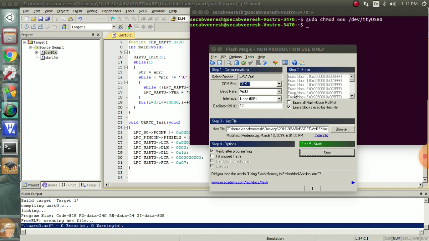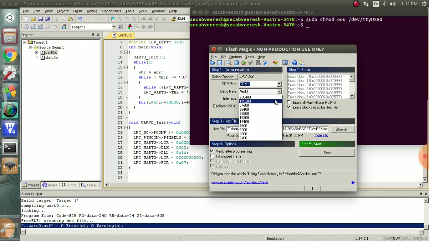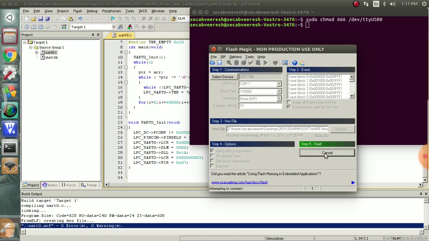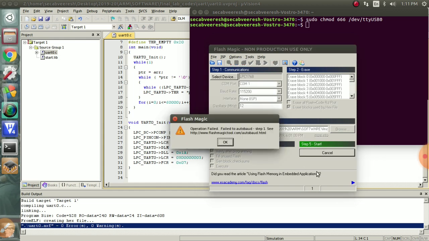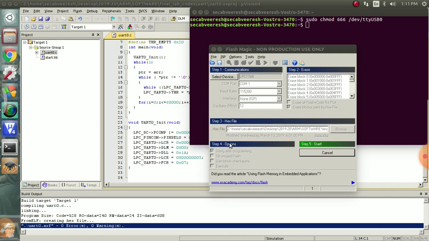Let us select a baud rate of 115200. Then try again. It may not work at 115200. You just increase and decrease the baud rate two or three times, as there may be some errors.